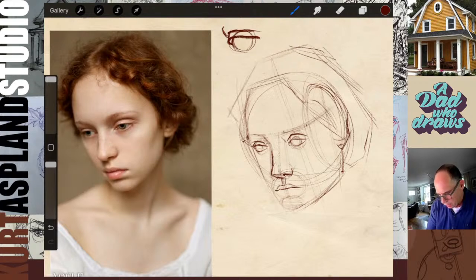It actually has a bit of an upturn. All right, let's get the bottom lip now.